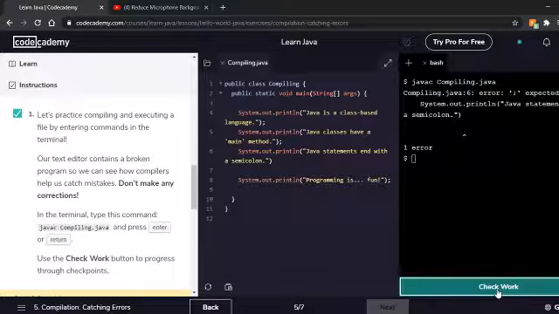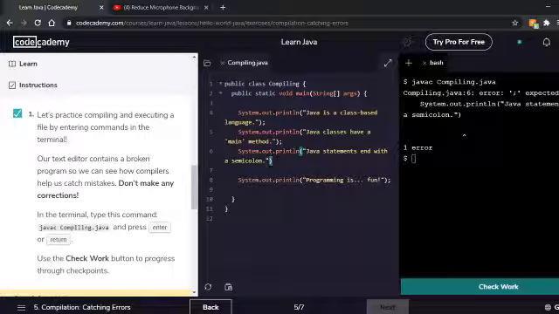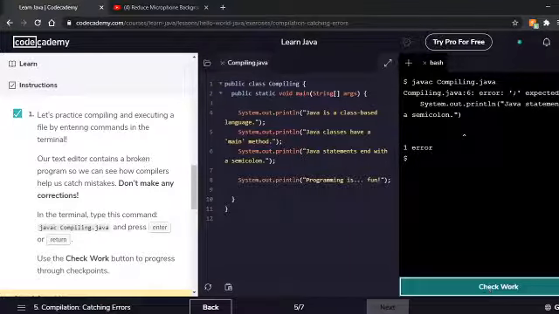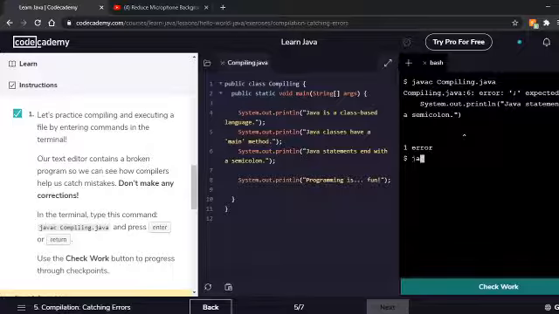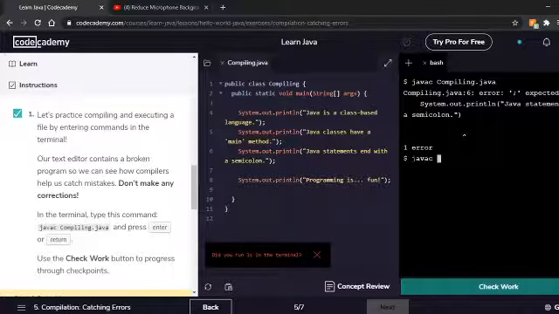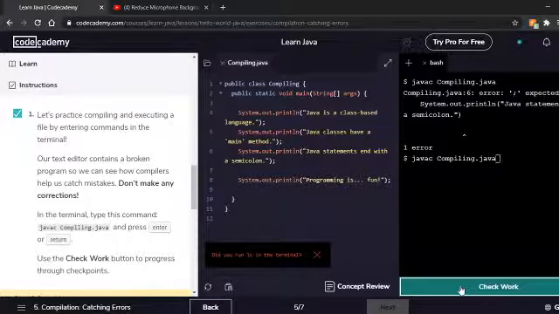If we were to check this, that would be correct. Now if you add in the semicolon and check the work, oh wait, we have to actually run javac Compiling.java, and now if we were to compile that,